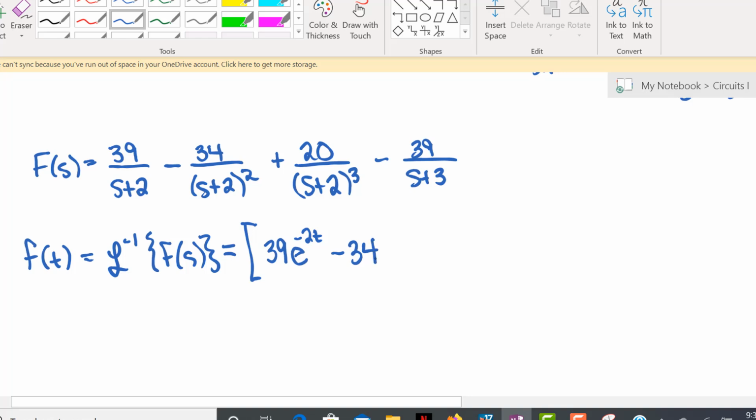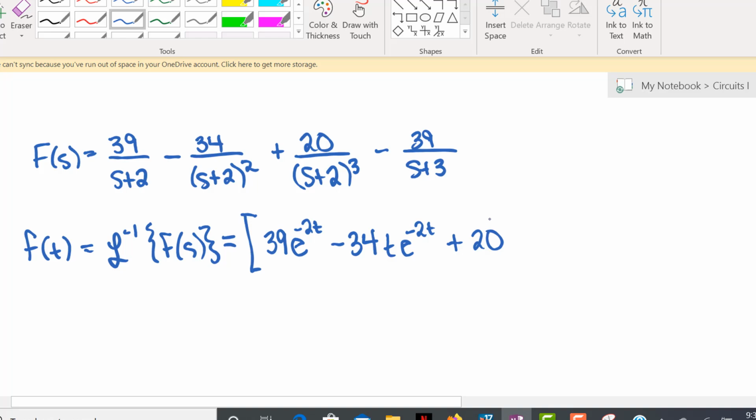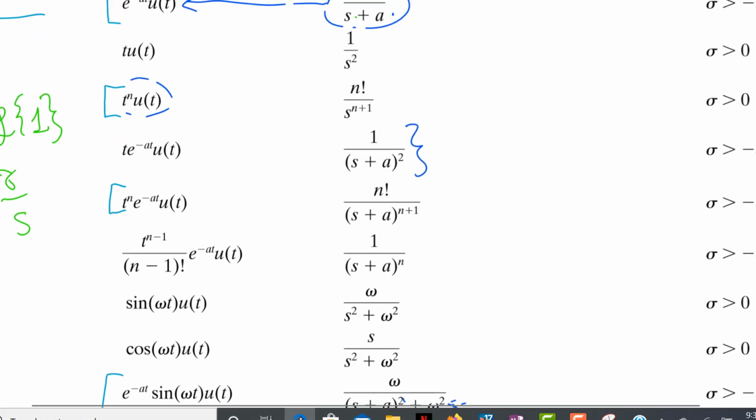And then when you had it squared, remember, then you multiply by t. So I have t e to the negative 2t. Okay, what about when it's cubed? Okay, it's similar. I'm gonna put that 20 out in front right now, but we might need to kind of mess with that a little bit. So what about when it's cubed? When it was squared, we multiplied by t. If it's cubed, so think of if I'm using this formula right here